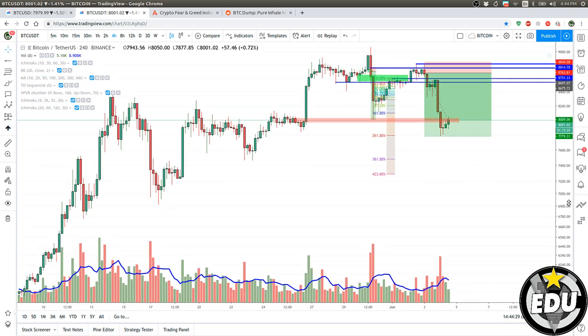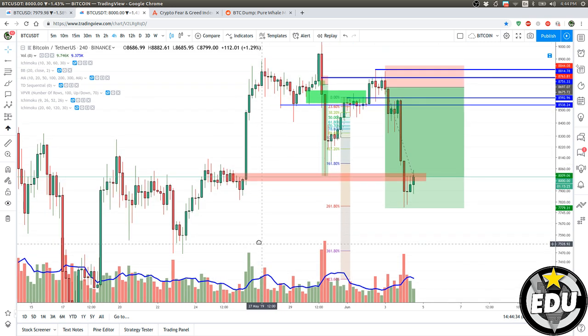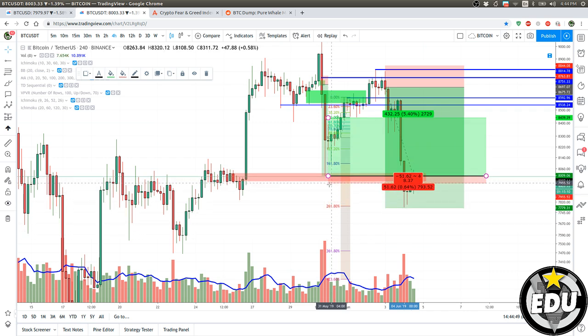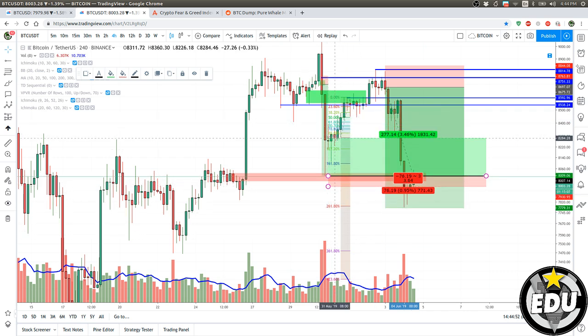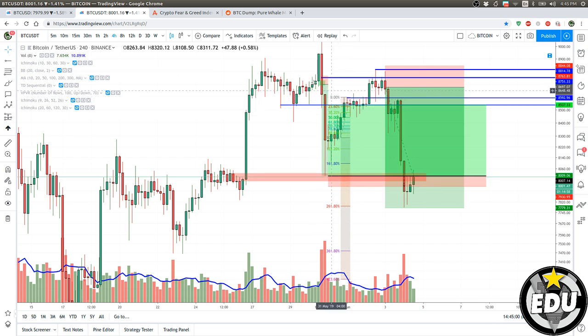See? Actually, it's another breaker block, to be honest. You can count this as a breaker block, because this breaker block is the one that caused the dump, got broken, and this actually is another entry. It's a long position entry with a stop below the breaker. I mean, it went all the way up to the breaker block that I traced on the 4-hour time frame.